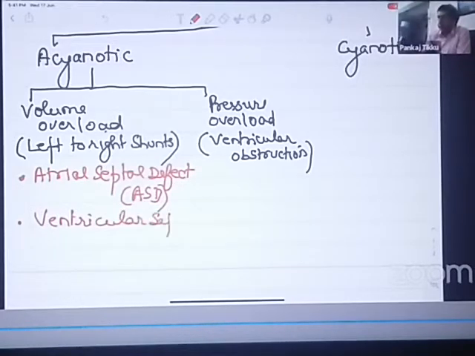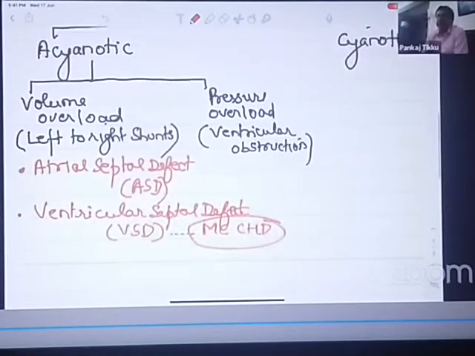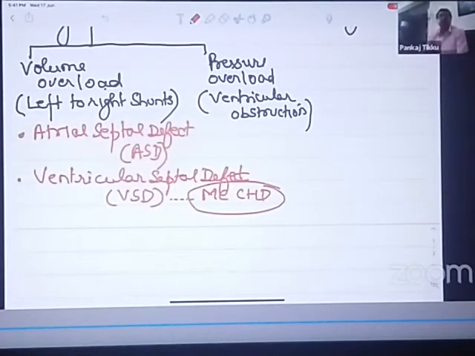Ventricular septal defect. In short, it is also called VSD. Overall, it is the most common congenital heart disease in children. This is a defect in which there is movement of blood from the left ventricle into the right ventricle because of a defect which is present in the